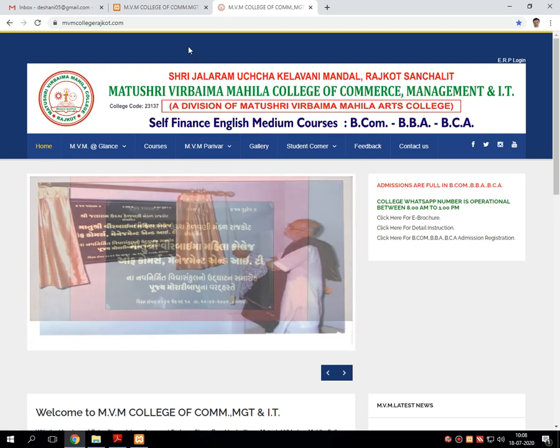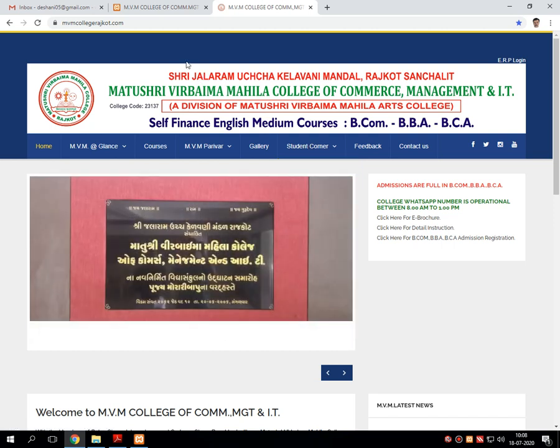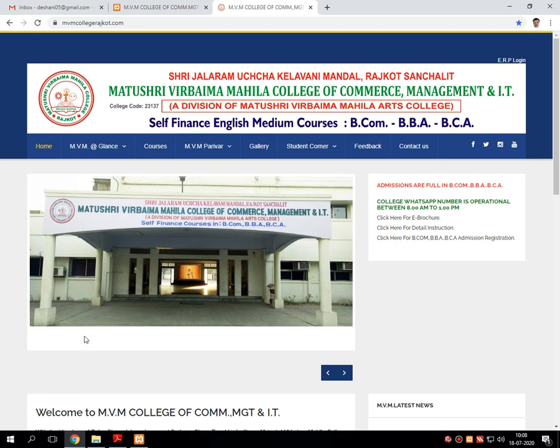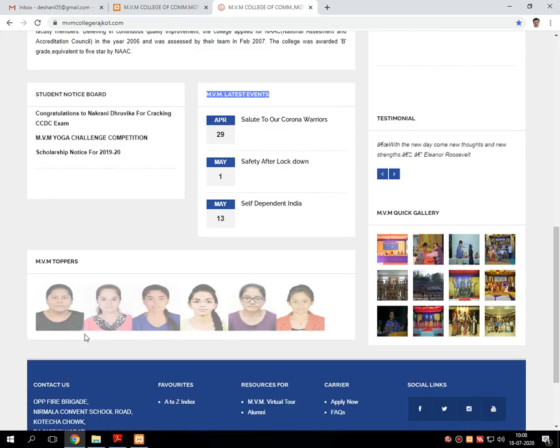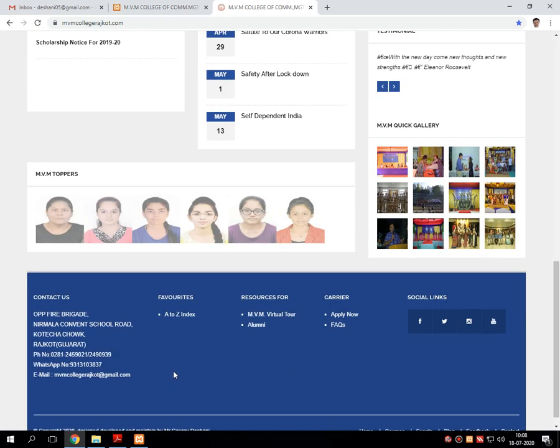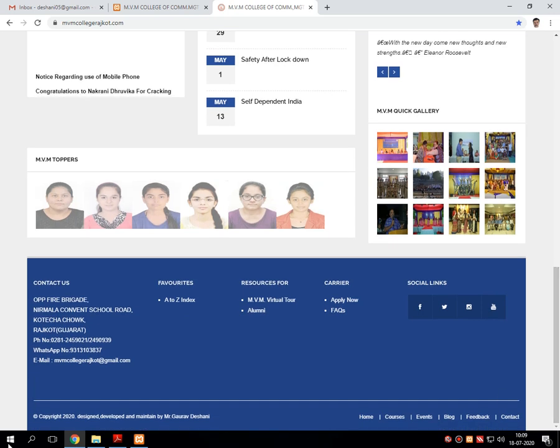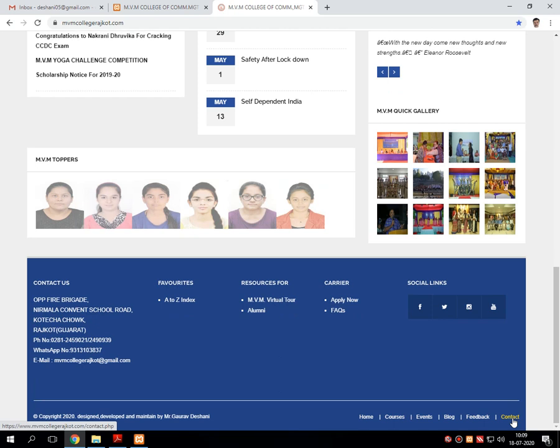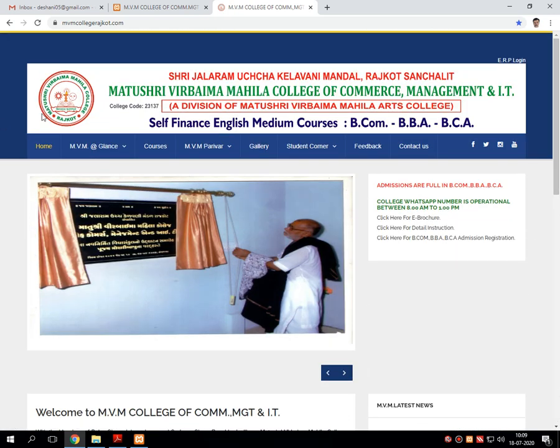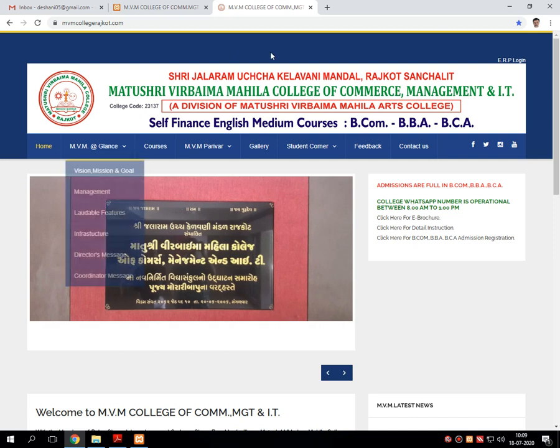With blue as a background, white is again a background for the body tag, and in the footer, blue background is for the footer with some social links, and the developer's information with quick links at last. So students, this is called a skin.